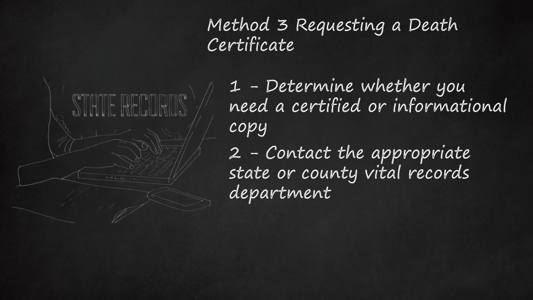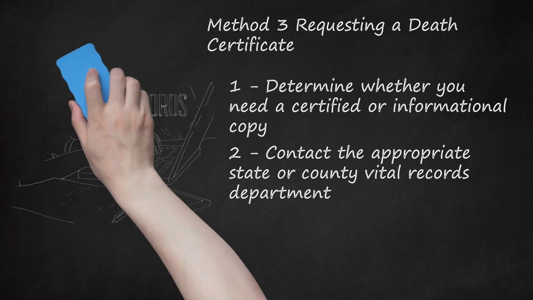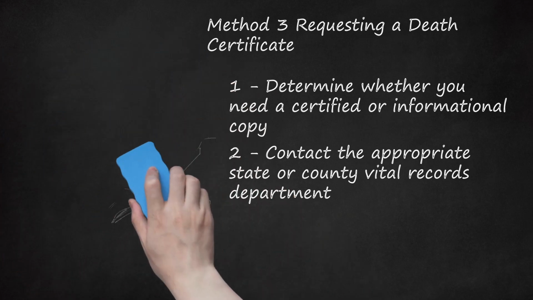Conversely, death records that are hundreds of years old typically are kept in local or county vital records offices rather than at the state level. For example, Minnesota began keeping death records at the state level in 1908. For earlier death records, you would have to contact the office in the county where the death occurred. The CDC has an online directory of the vital records offices in each state at